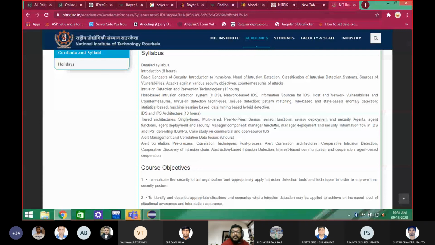Yes, sir. When we talk about single tier, multi-tier, peer-to-peer, this attracts me because it comes under distributed systems, because the intrusion detection system sits on top of a particular architecture. You are designing a security system for a multi-storey building: every room has 3 doors, or 1 door, or no window. Depending on that, your threats are different. A building with a single gate, a building with multiple gates, it's like that.